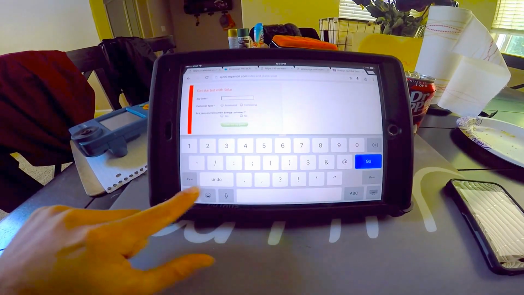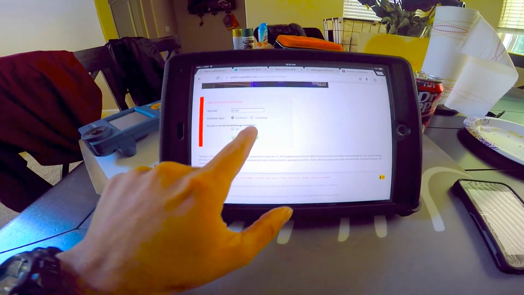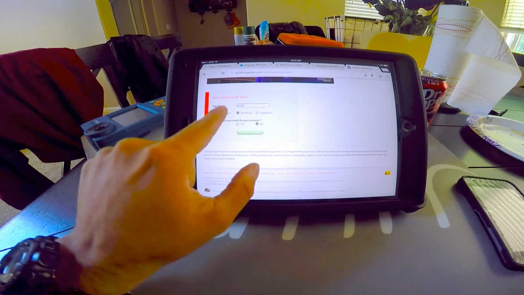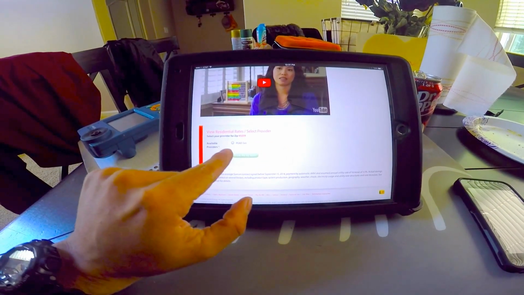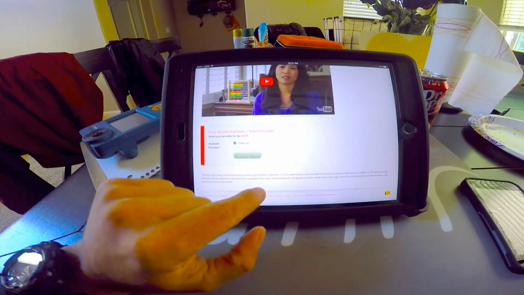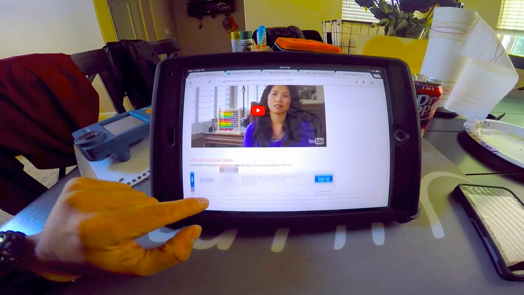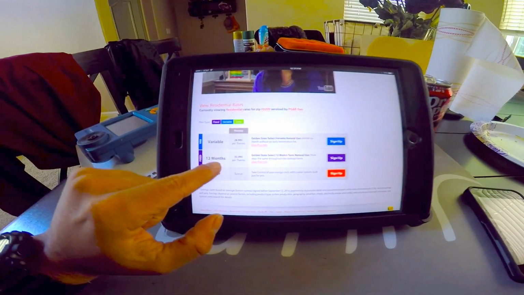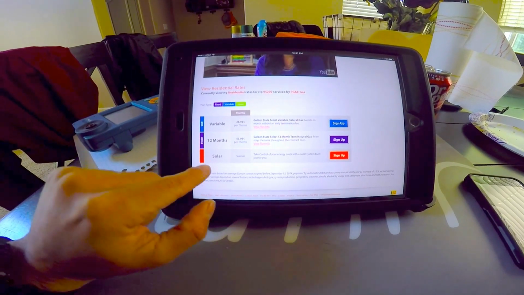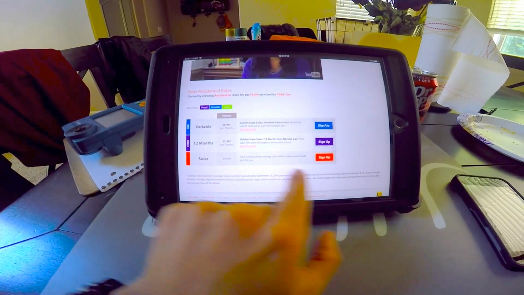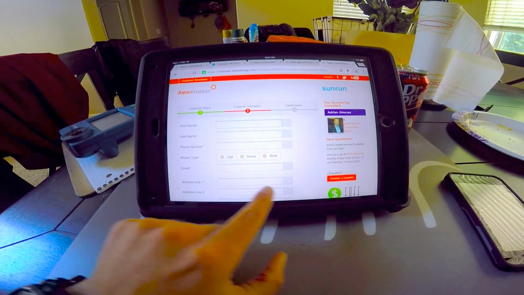Now if you were to type in a zip code, I'm just going to type in something that is right here in my backyard. No, they are not a current customer. I clicked residential, show me my plans. In this area, we have PG&E Gas, who is the energy supplier through Ambit Energy. As it loads, you will see that it is giving you residential rates. You have variable, 12-month fixed, solar. Do you see that solar option? So what you do is you click sign up on that solar option.